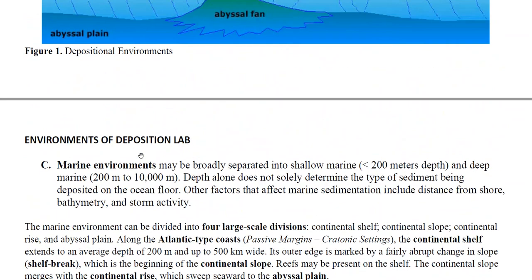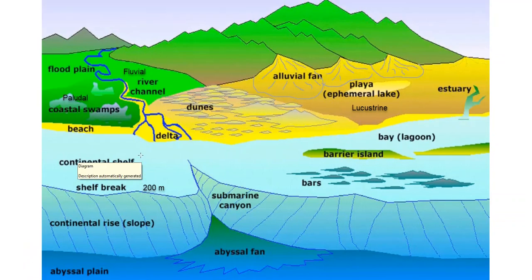All right, and then just kind of reviewing our picture here. So for the terrestrial settings, alluvial fans. Here we have the drying playa lakes, the dry lake beds, which is the lacustrine environment, lake bed. An estuary would be more of a transitional environment. The deltas are transitional, beaches are transitional. Here we have the paludal, the coastal swamps, right? Or note that they're occurring on the floodplains or the bayous of rivers as well, the bogs and swamps. All right, so as